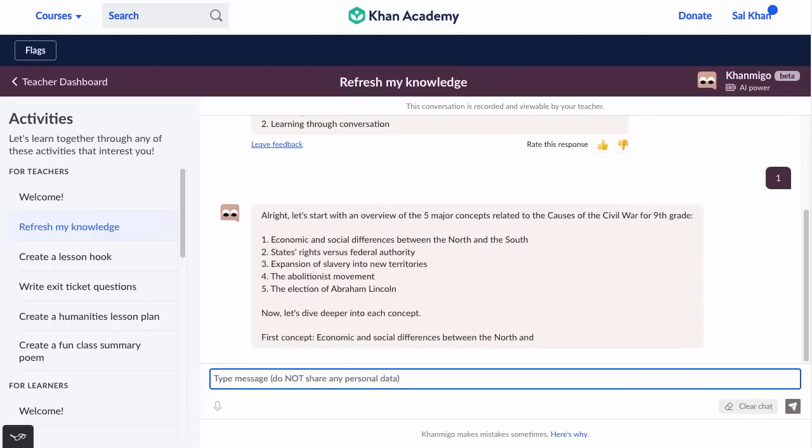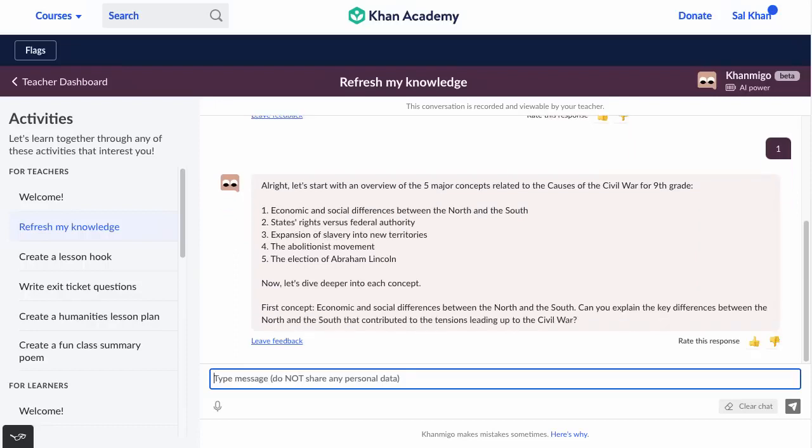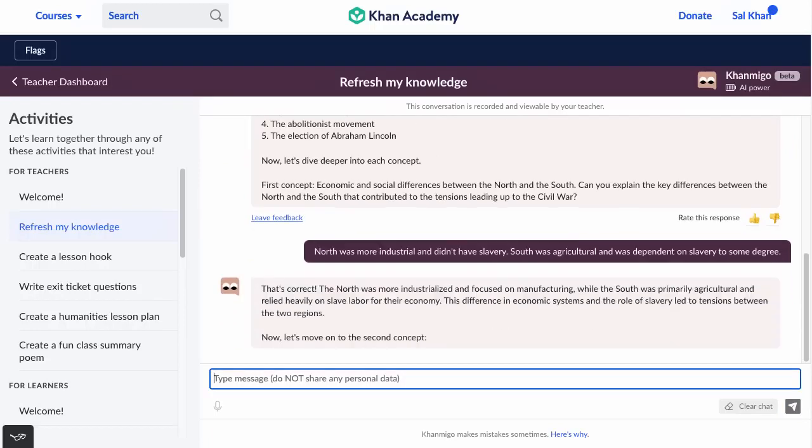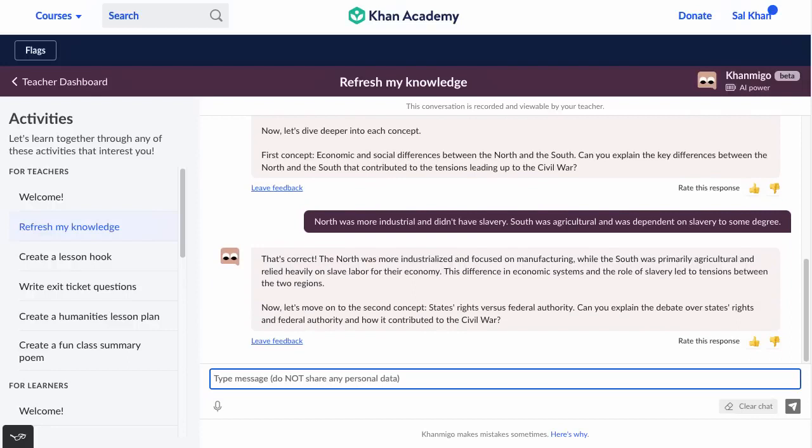So here's like the major things. First concept, economic and social difference between the North and South. Can you explain the key differences between the North and South that contributed to tensions? North was more industrial and didn't have slavery. South was agricultural and was dependent on slavery to some degree. That's correct. So this is a way I, as a teacher, can just make sure that, okay, and this works